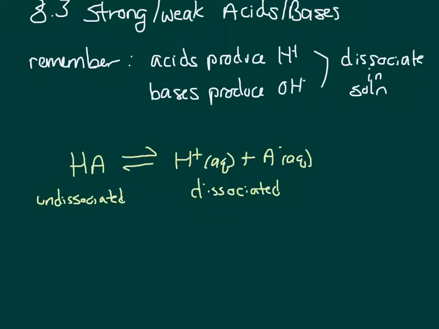In 8.3, we're going to be looking at the difference between strong and weak acids and bases. Remember from 8.2, sorry, acids produce protons when they dissociate in water. Bases produce hydroxides. As we're going to talk about in 8.4, we will be looking at specifically pH, which measures the strength of that hydrogen compound, but the two, H and OH, are interrelated because when you dissociate into a